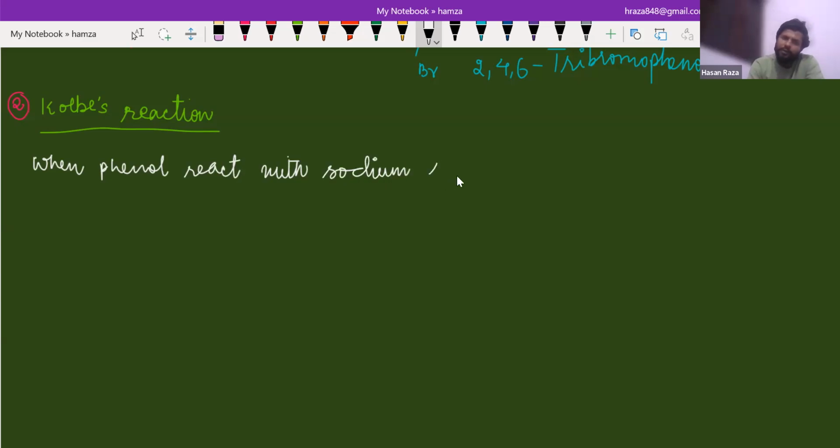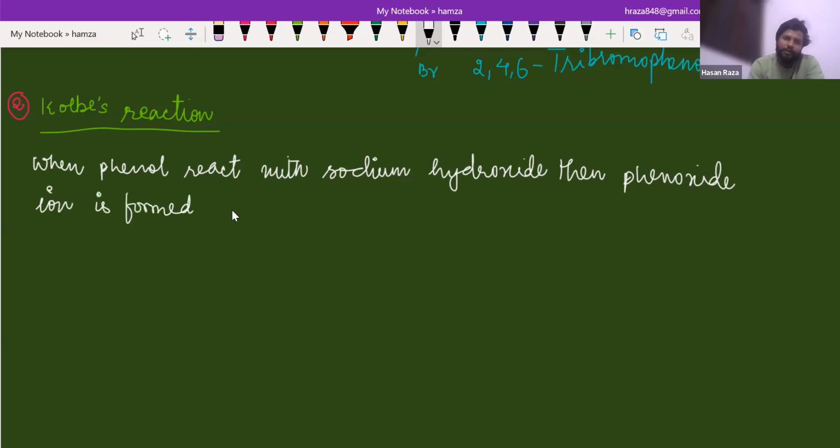When phenol reacts with sodium hydroxide, then phenoxide ion is formed, which is more reactive than phenol